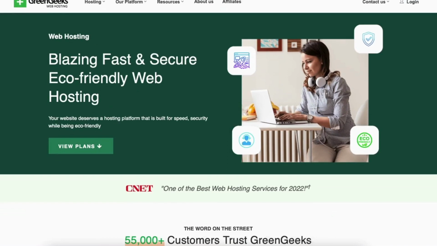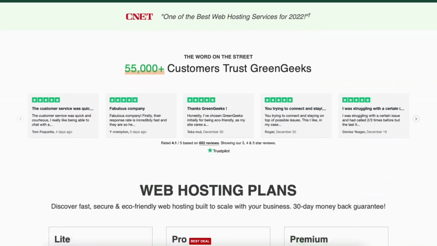Let's get started with the GreenGeeks website tutorial. The first thing you want to do to build a website with GreenGeeks web hosting is to click the link